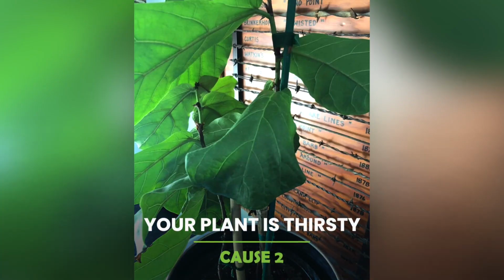A second cause of droopy leaves is if your plant is thirsty. We see this when people really underwater their plant or the plant really dries out, and the leaves start to droop if they get very, very thirsty. If it goes too far, your leaves can start actually getting crispy and turning brown and you won't be able to revive them. But if they're looking just a little droopy, make sure that you water your plant and make